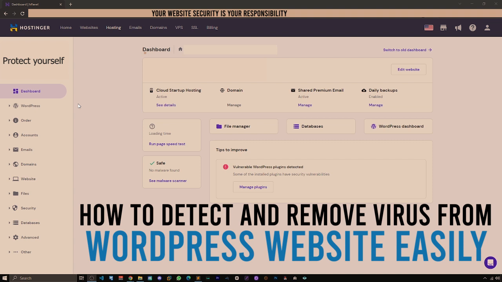Today, I just want to show you guys how to actually detect and remove vulnerable WordPress plugins on your website. So recently,